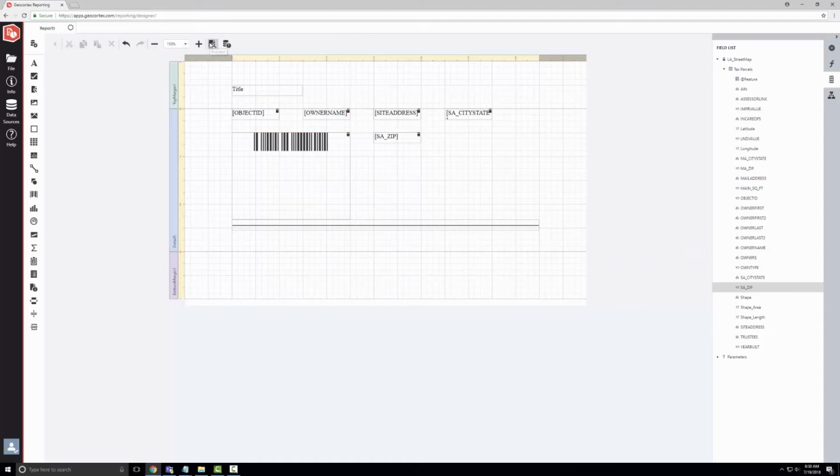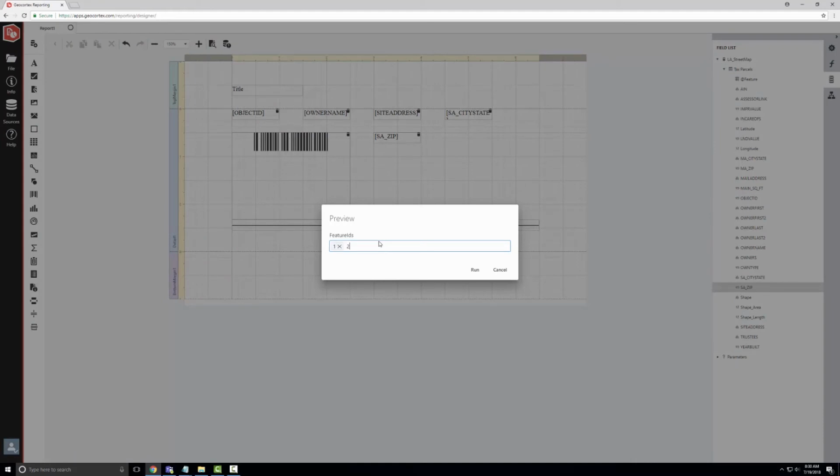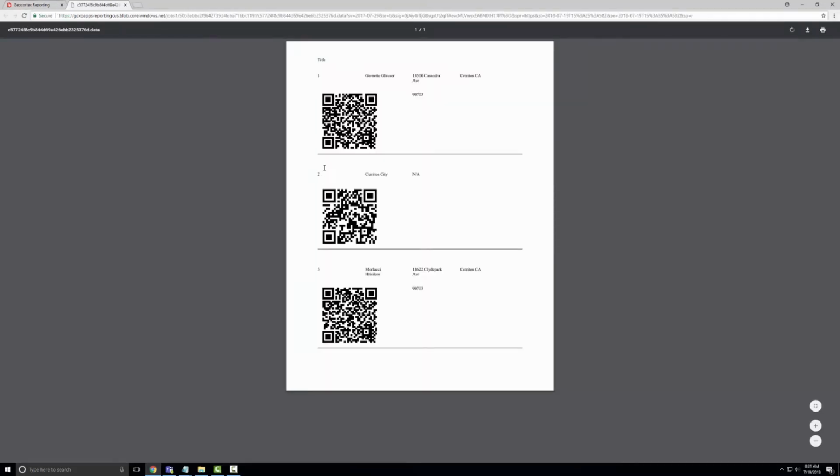And let's preview this. So I'm just going to manually pass in some feature IDs and run this. It's going to look a little weird. You could clean it up, change the font and everything like that. But here you can see we've got the owner, the address, the city and the state, and the zip code. And if I was to scan this, you can also see in the bottom left corner, there's a navigable URL, aka hyperlink. If I open this in a new tab,